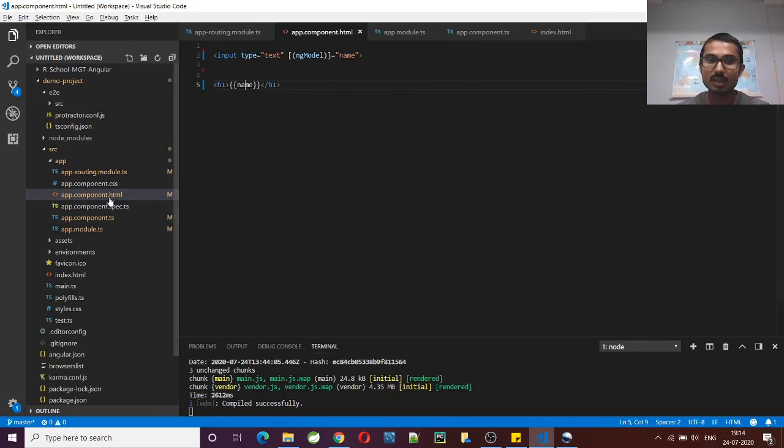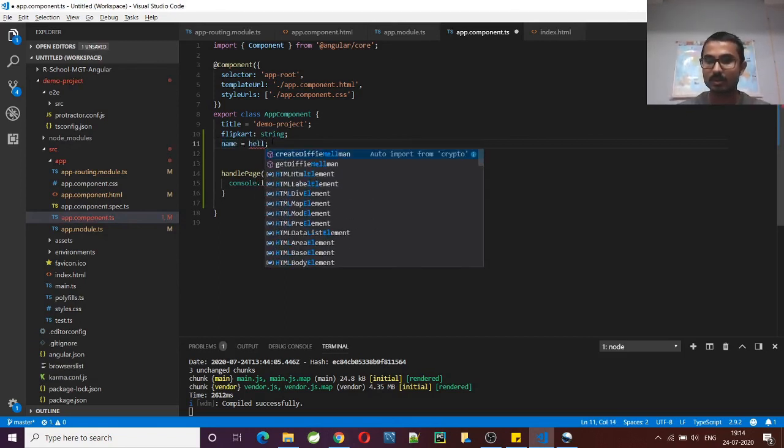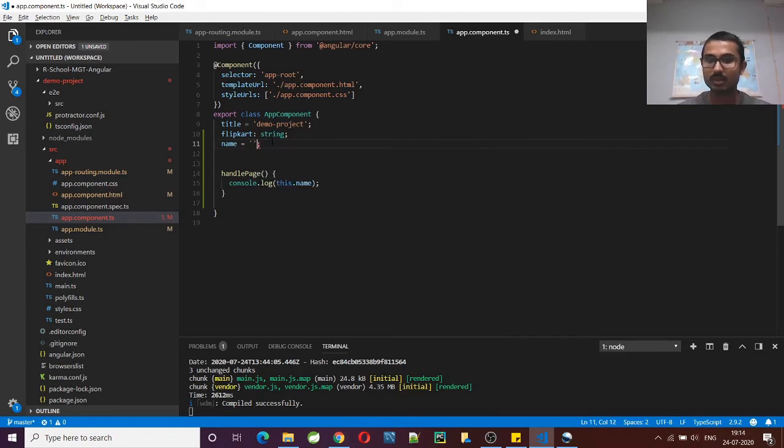And the other way, if I'm trying to assign some value initially to this variable, let's say initially I have assigned some value like this, hello, inside single quotes.